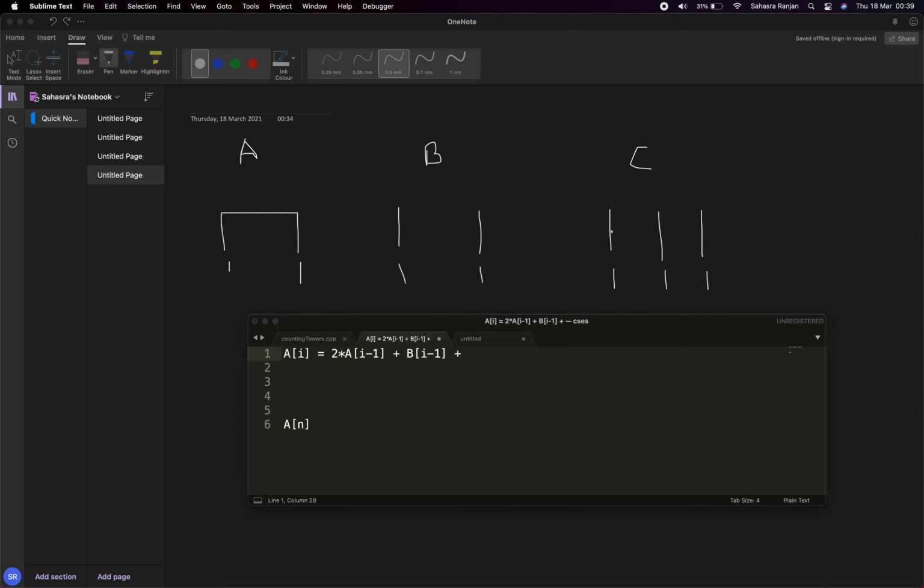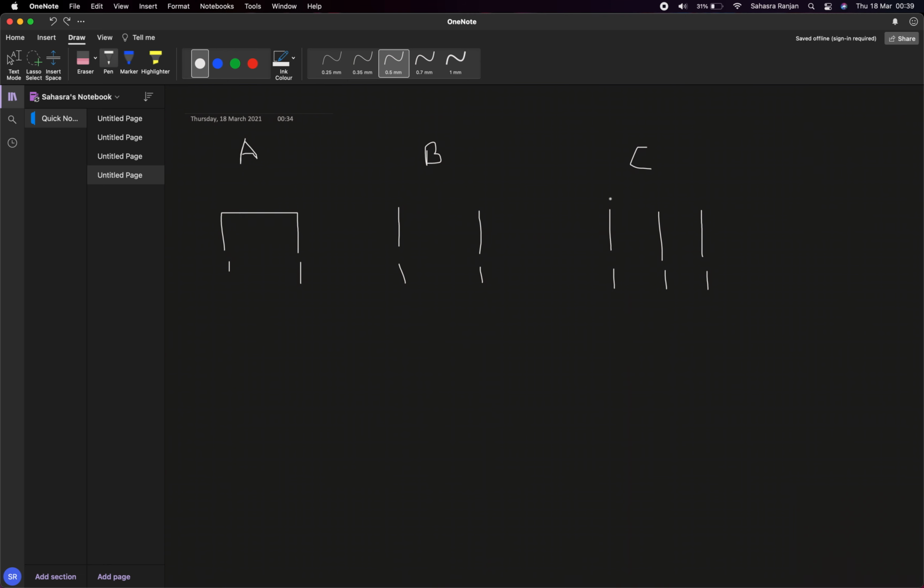And the same for C, you can actually have 3 cases here. You can add this to close, this to close, after closing this of course, and the third case will be this.